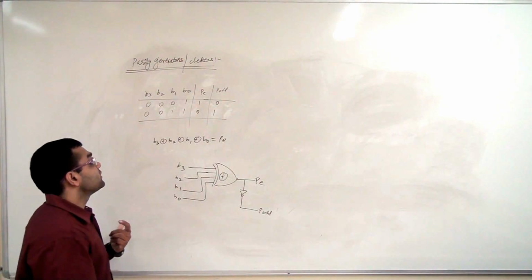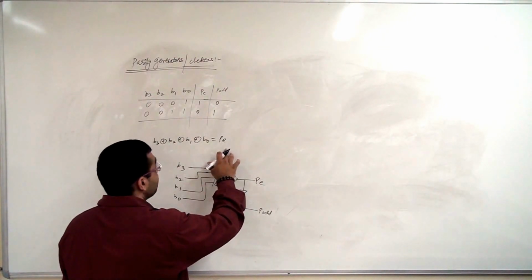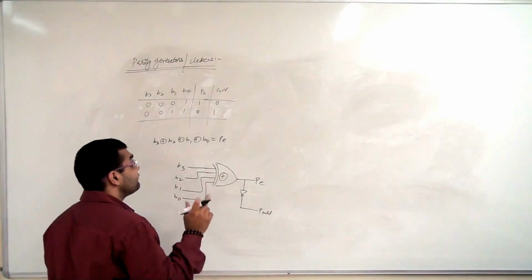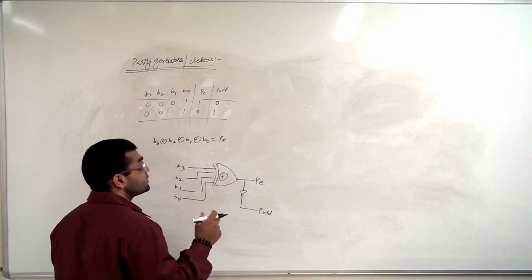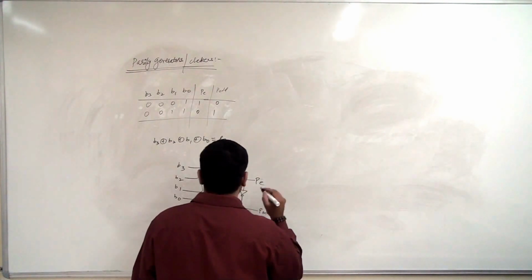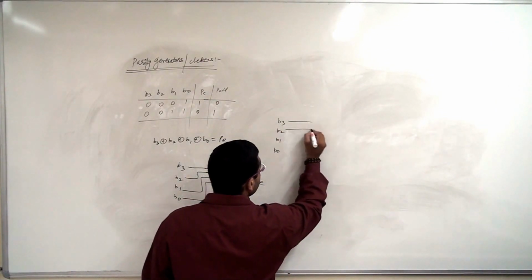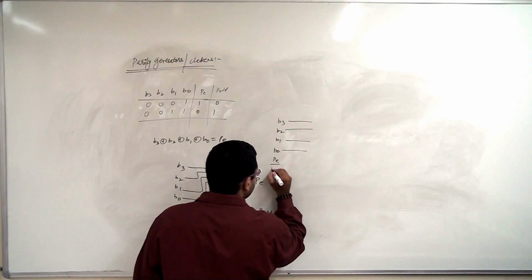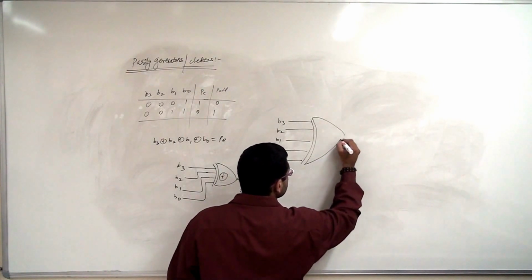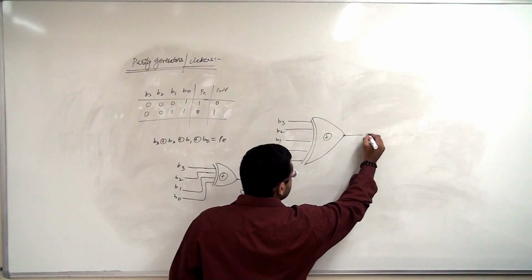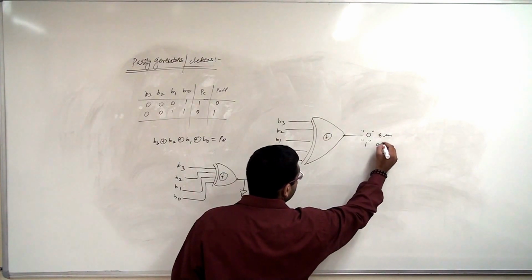Now how does our parity checker work? You can see, if we have all the data and the even parity, and we XOR everything, if we get output as 0, then our even parity and the data match. And if we XOR this and we get 1, then our data is incorrect. This is our parity generator. And for the checker circuit, this is our PE or PO. What is the bit coming in? We XOR. If this comes out to be 0, this is our even parity. If it comes out to be 1, this is our odd parity.